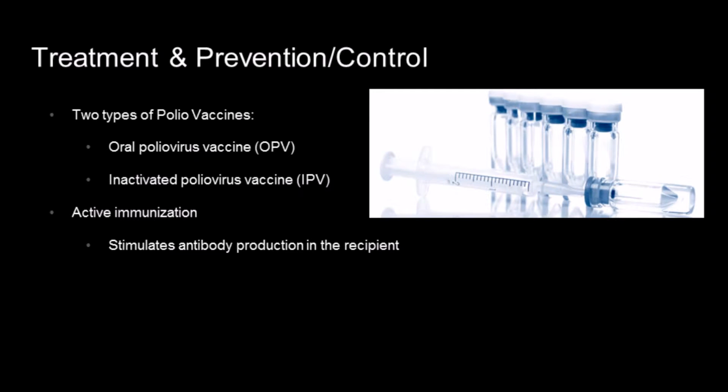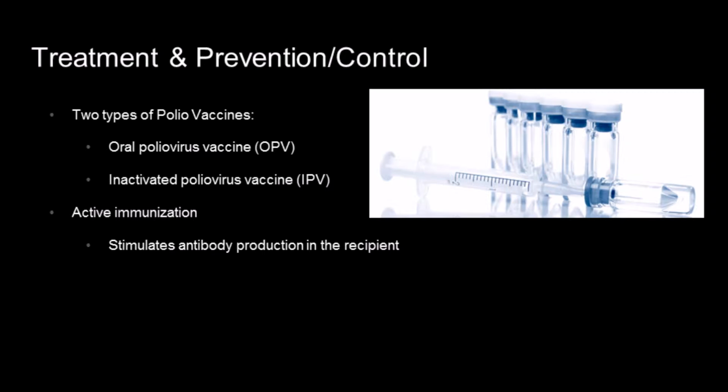So fortunately, we do have vaccines for the polio virus that are highly effective. And there are two different types of polio vaccines. We have the oral poliovirus vaccine, or OPV, and an inactivated poliovirus vaccine, or IPV. And both of these vaccines are similar in that they produce immunity by way of active immunization, which is just a way